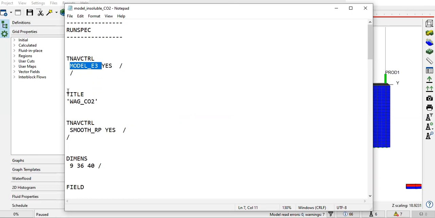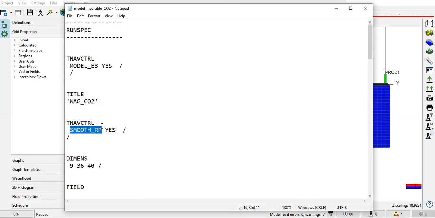Okay, and this is the title where we call this topic water alternating gas injection using CO2 as the injected gas. tNav control smooth RP, so we will use smoothing for the relative permeability, but actually it's not the most